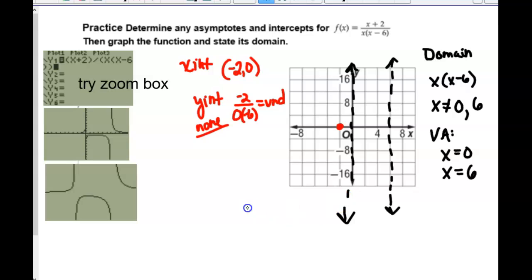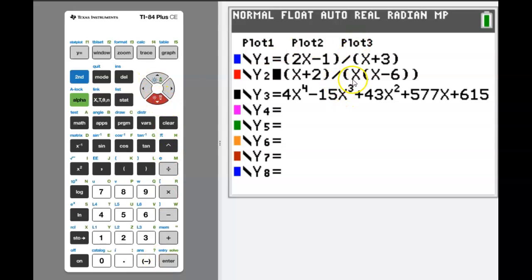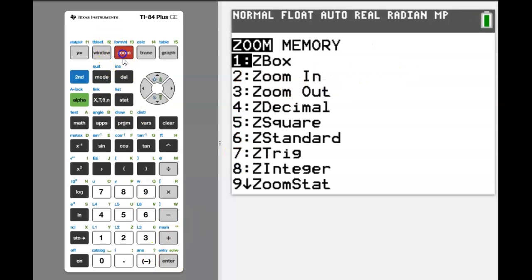All right, we're going to try to graph it. We do have to put the entire bottom in parentheses. So we're going to type y equals x plus 2 in parentheses divided by the quantity x times x minus 6 with an extra parenthesis, or you could distribute, and then you wouldn't need the extra parenthesis, but I wouldn't bother. Do I have it right this time, guys? X plus 2 divided by x times x minus 6. Okay. If I do a zoom 6,